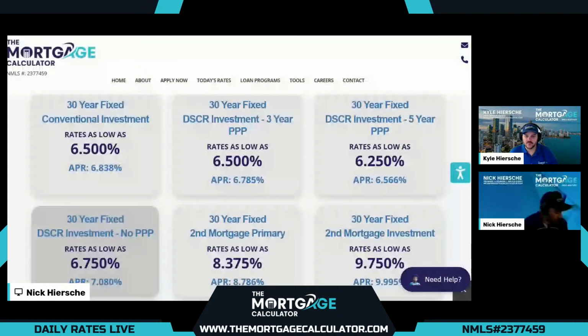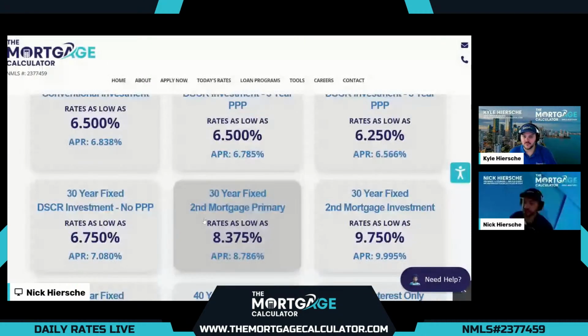And our final 2 options we go over every day these days, as many customers have low rates and still need to get some cash out, but don't want to take out that first mortgage. Typically, the only options available are HELOCs, but here we have our 30-year fixed second mortgage options for a primary home. So these are fixed rate second mortgages at lower rates than a HELOC, and definitely not variable, so preferred for most customers. Rates as low as 8.375 today to get cash out of that primary home. Final APR 8.786, and again, that's lower than HELOC.